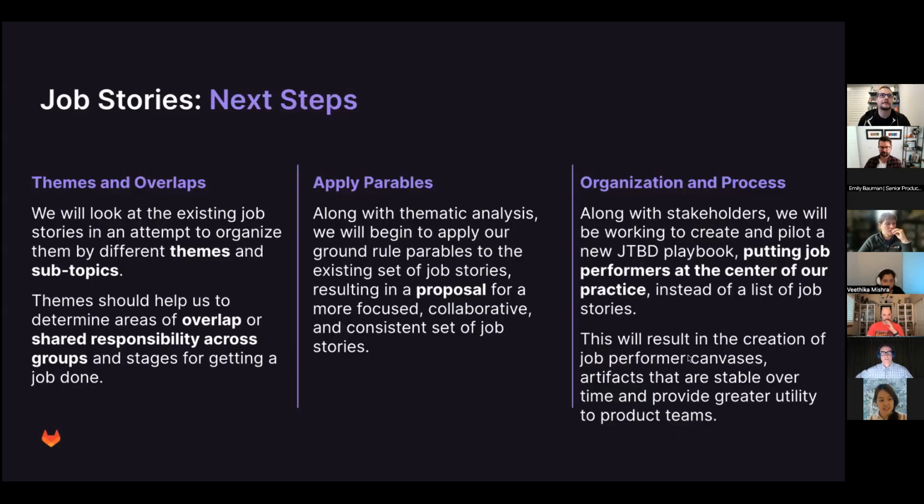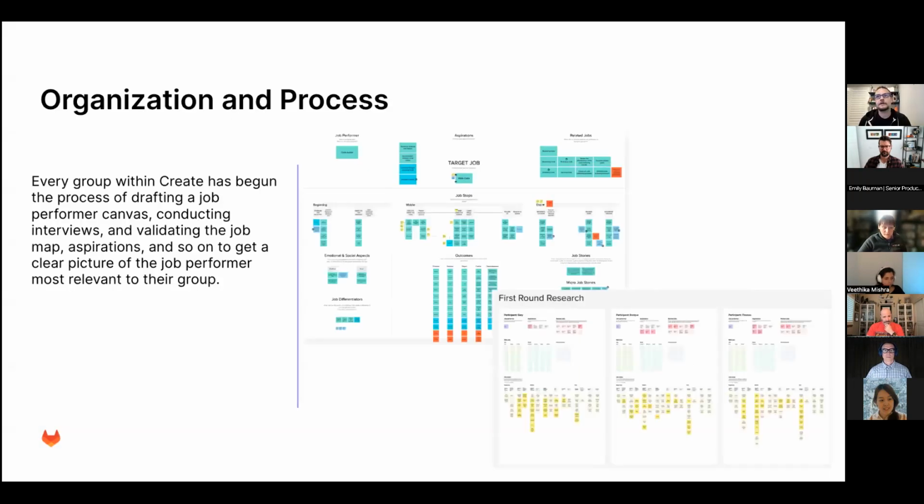Now what? Well, I ended the last report with the next steps of looking at themes and overlaps, applying some parables throughout the process to engage in consistency and look at our organization and process of how we do jobs to be done. So I'm going to start with a little bit of what's happened since the end of that last report. So as far as addressing organization and process, every group within Create has started the process of